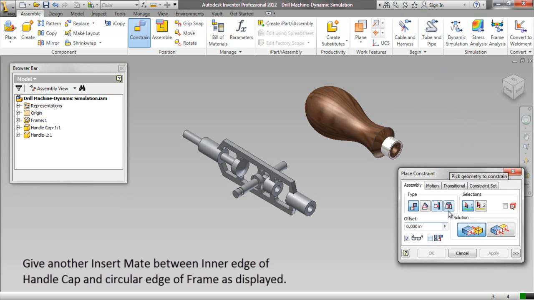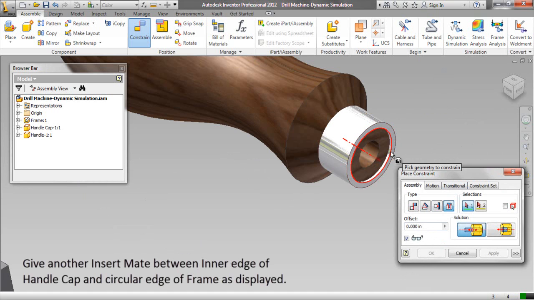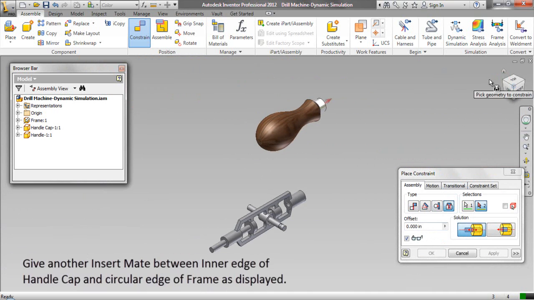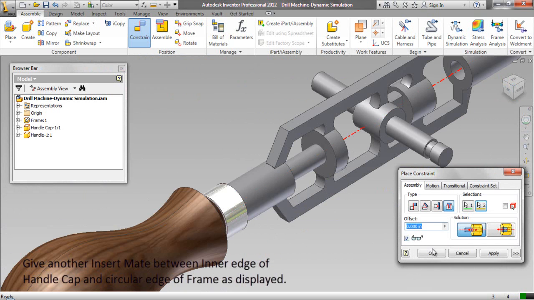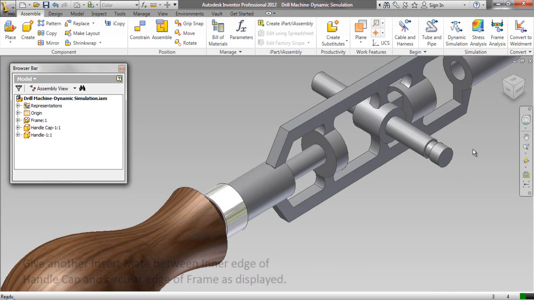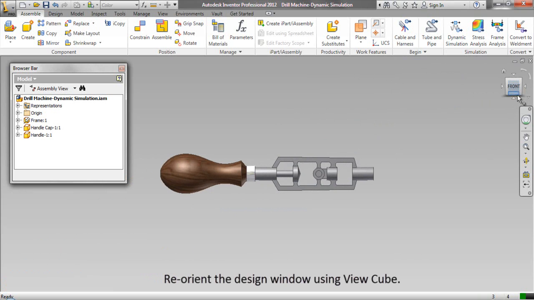Give another insert mate between inner edge of handle cap and circular edge of frame as displayed. Reorient the design window using View Cube.